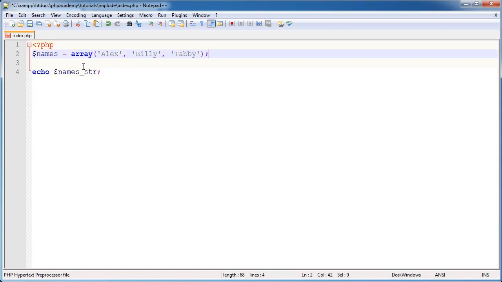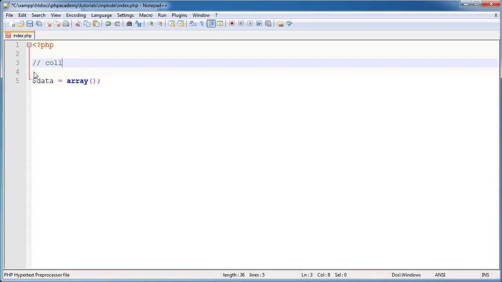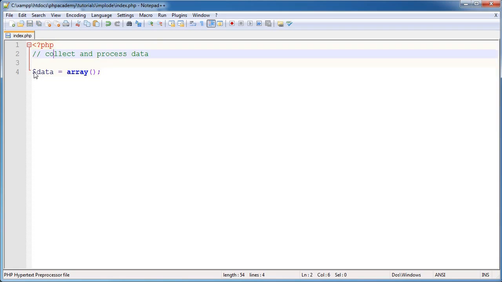So now that we know what Implode does, it's relatively straightforward, but what the hell would we ever use this for? Well, the answer is it's really, really good at joining long strings that, for example, you wanted to input into a database. So we'll take a look at this. Now, if, for example, I was registering a user on a system, or creating a guest book entry or something like that, I might have something like data is equal to array. And this would be within a submit after you've submitted some data. So you collect and process all your data up here. That's important. You would probably sanitize it,